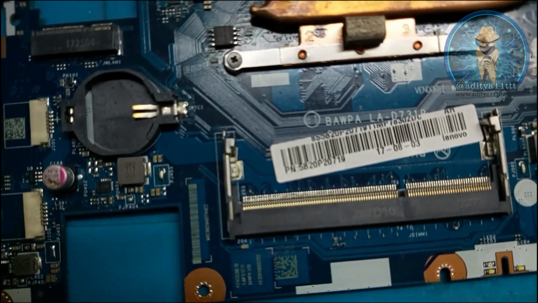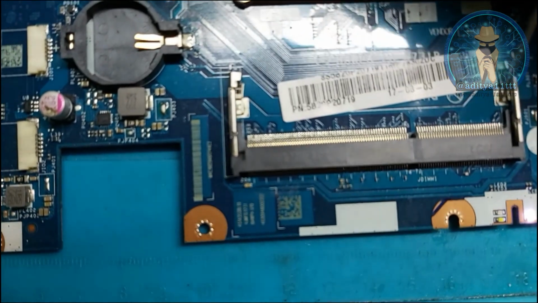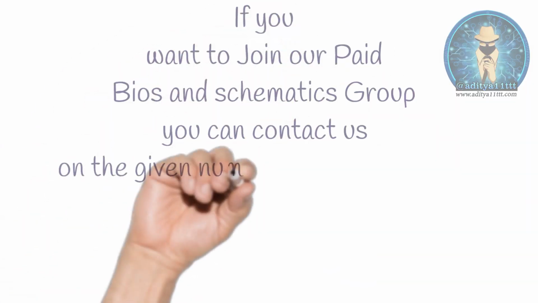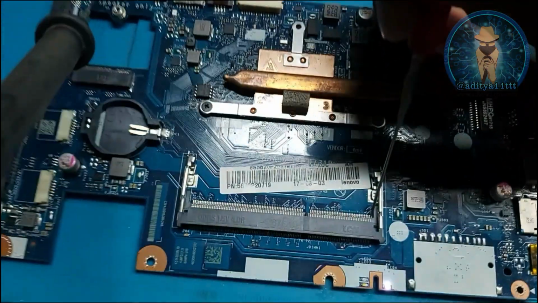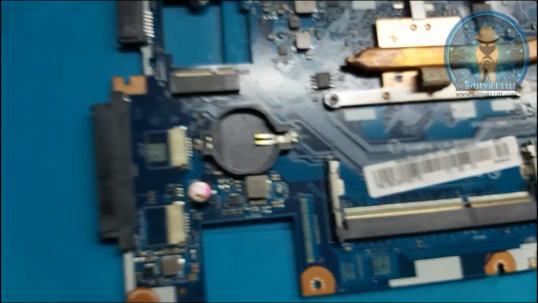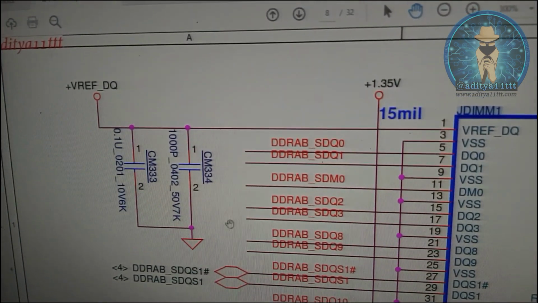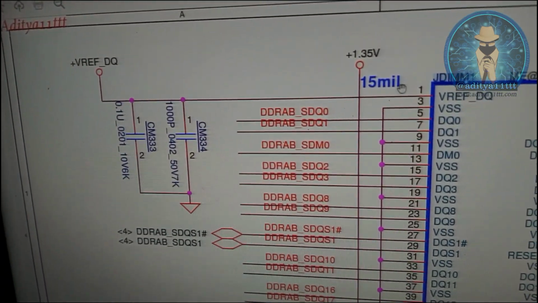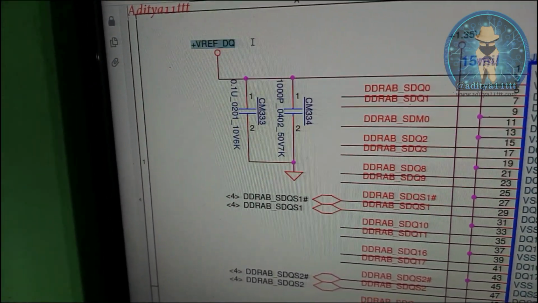I trigger on board, MBD is getting on. I'm going to check pin number 1 supply. See, in multimeter pin number 1 supply is 0 voltage. Okay, so let me search where it's coming from. See, my pin number 1 VREF_DQ supply is missing. It should be half voltage of RAM supply. Okay, so let me search this supply.